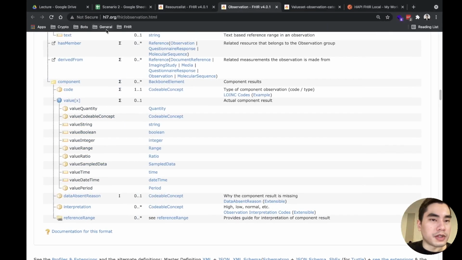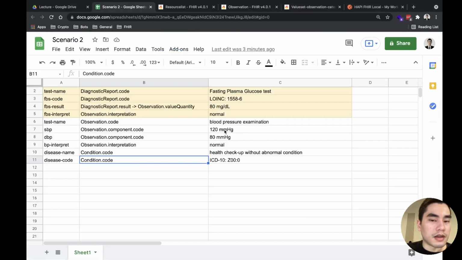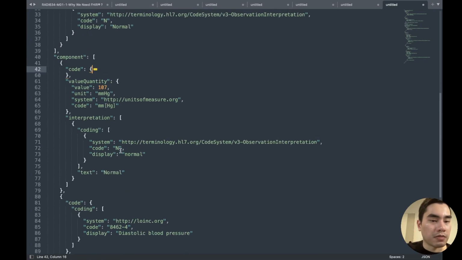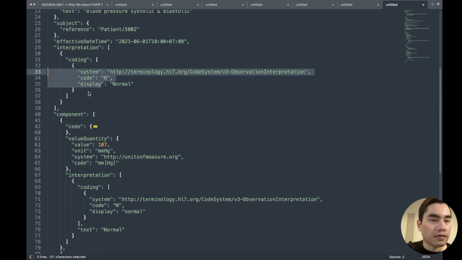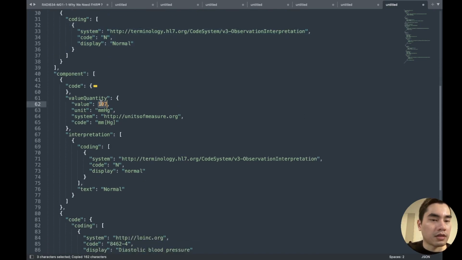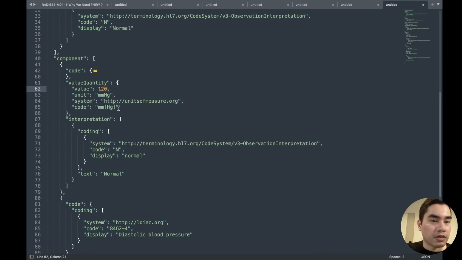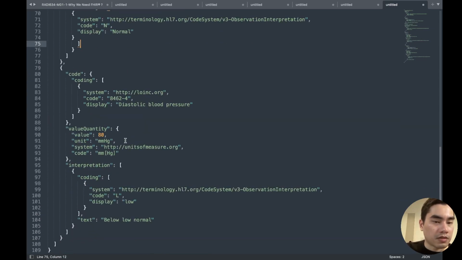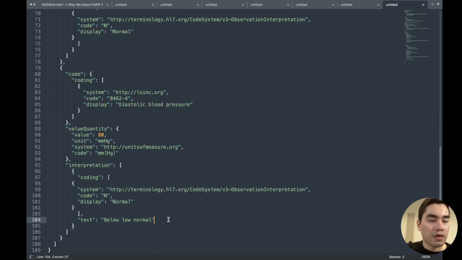Okay, and we will interpret at the component level as well, it's good practice. So we will keep the interpretation here. The upper number is 180. This one is correct. The code is like this, you can check at the website. And the lower is this one. Both of them are normal. We don't need the text representation. Normal, we don't need it.